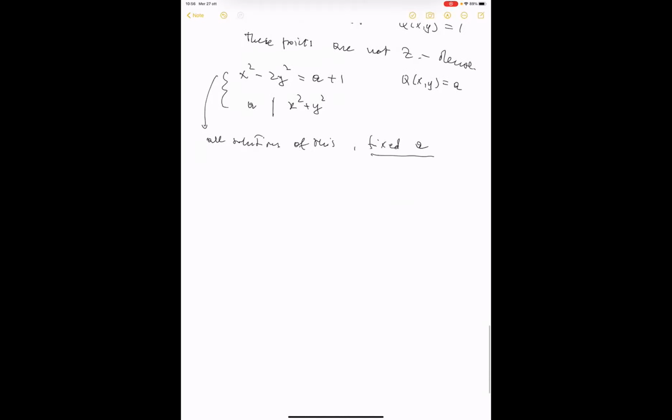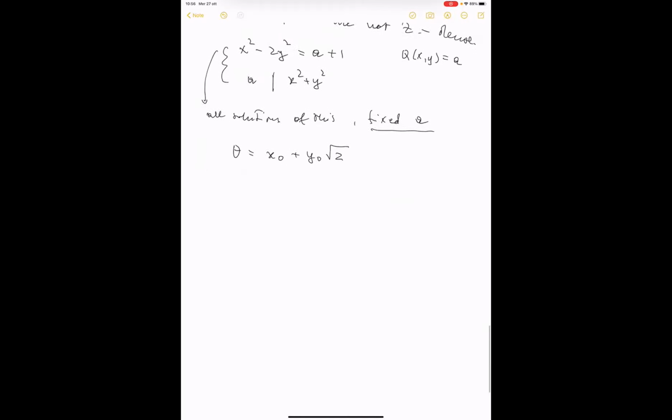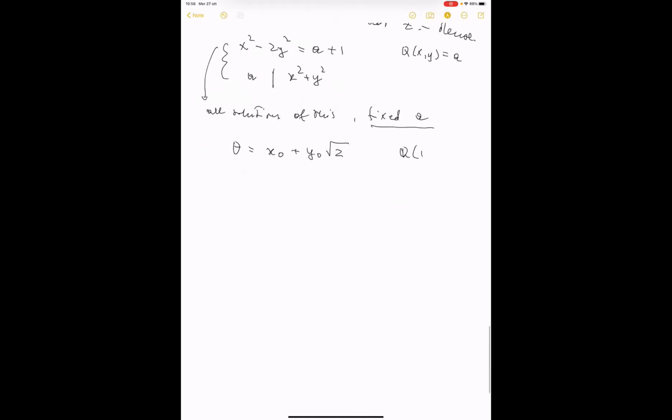So what happens if we put theta? We find a special solution, x naught, y naught. We construct this number in the field, we work now in Q of square root of 2. And we have that the norm, I indicate the norm with this capital N, the norm of theta is a